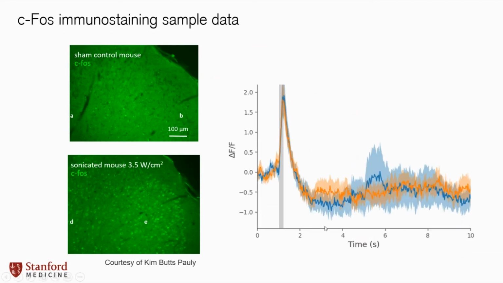One of the reasons I wouldn't recommend it is because in a lot of my work, depending on what cell types you're looking at, so here on the right is GCaMP imaging from a set of cells in the thalamus, and the ultrasound comes on at the gray bar here. You can see that you get this fast excitation in these neurons. So you're getting an increase in activity that normally you'd say, oh, okay, then I should get c-Fos, right?